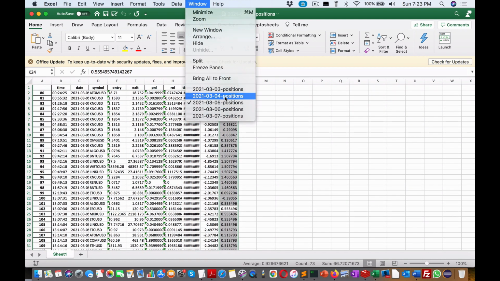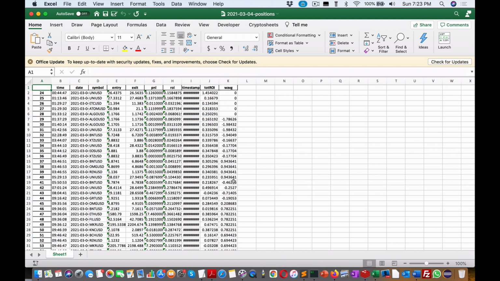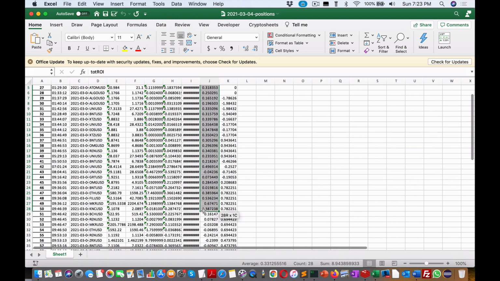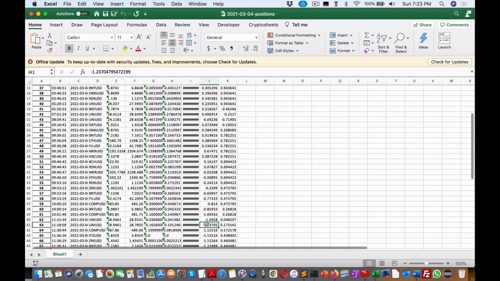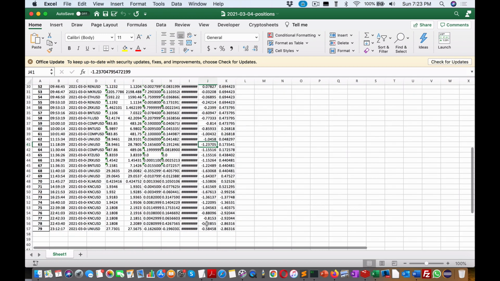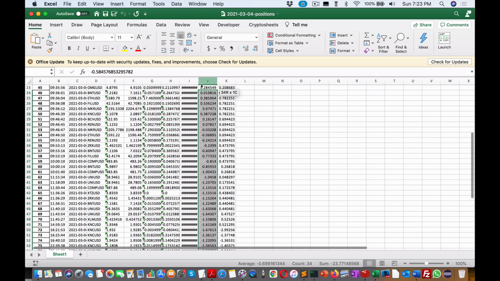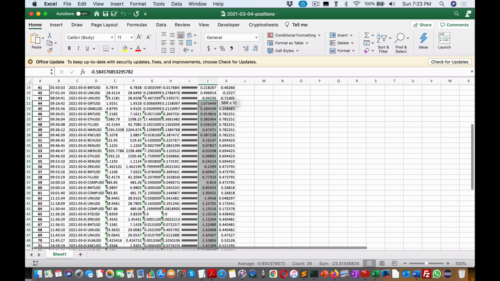Another example here is on the 4th. Here you'll see that the weighted average didn't start getting properly calculated until this day. Okay, but still, I'm still totaling your ROI for the day. This is another weak day, goes negative, pretty severe. Okay, and at some point, you got to ask yourself, at what point are you going to stop trading so you don't take further losses? So what I'm saying here is you can clearly see,